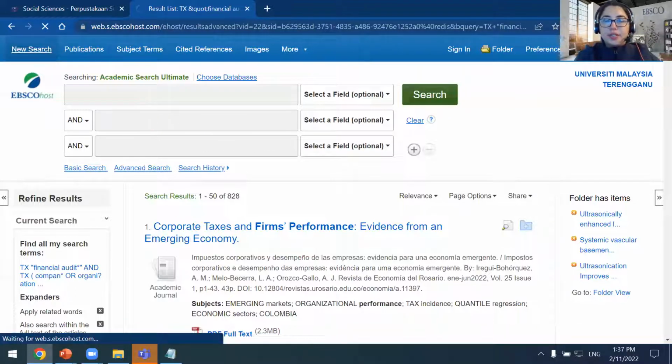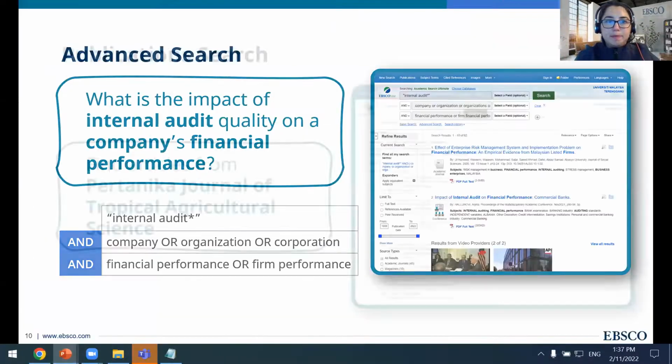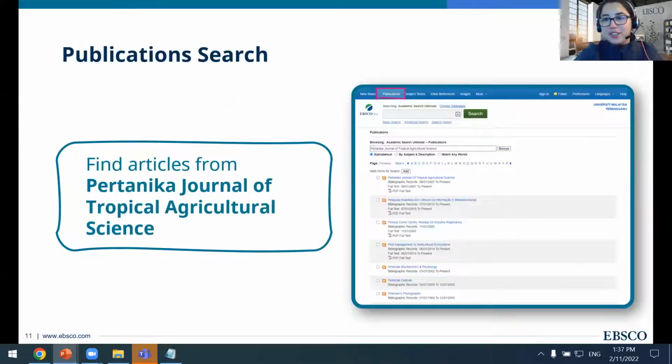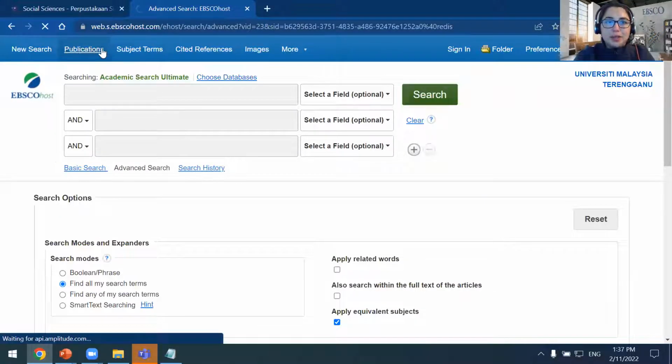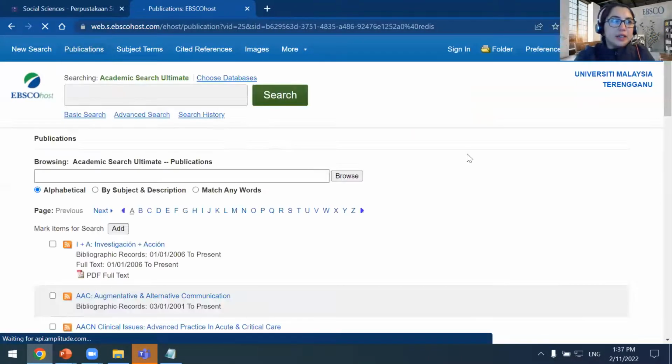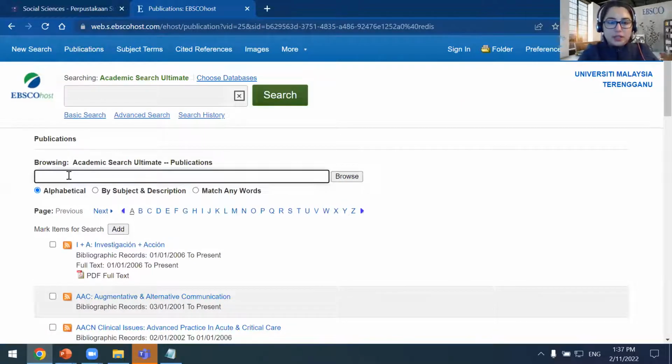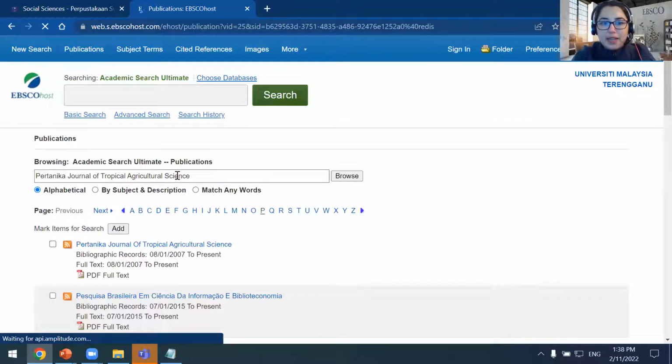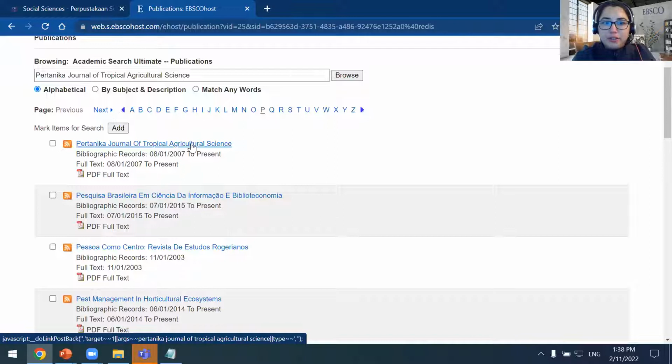And I'm just going to now run a new search. And I did mention earlier, we've got the publication search. So if you're wondering what journals are available for you to locate, you can use the publications search. So I'm going to go up the top to publications, and I'm going to run a search. So I'm going to look up the Botanica Journal of Tropical. So I know the name of a journal, and this journal is available to me. So I can type in the name, and then you can see just below in the first search result, there's the journal. And I can click on that title,